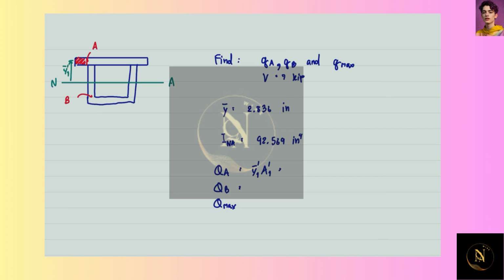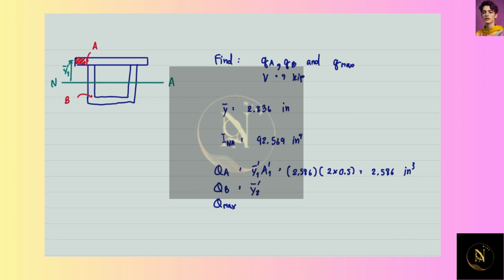We will have that y bar 1 is 2.586. Area A 1 is 2 times 0.5, so we have that QA is 2.586 cubic inches,